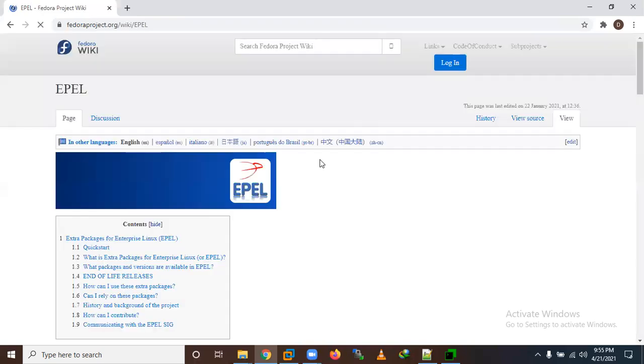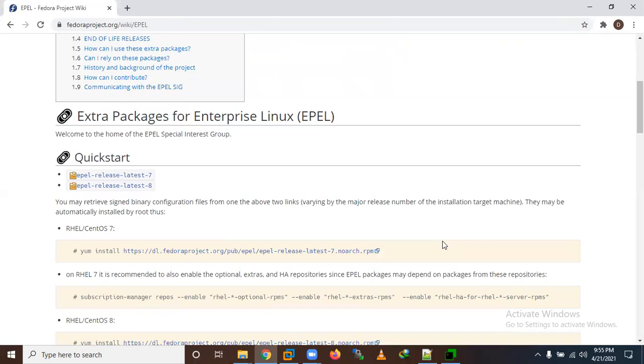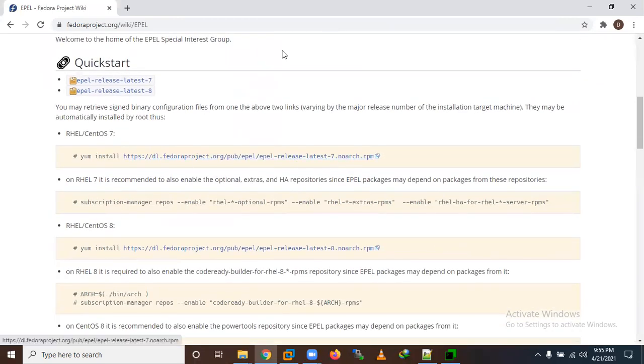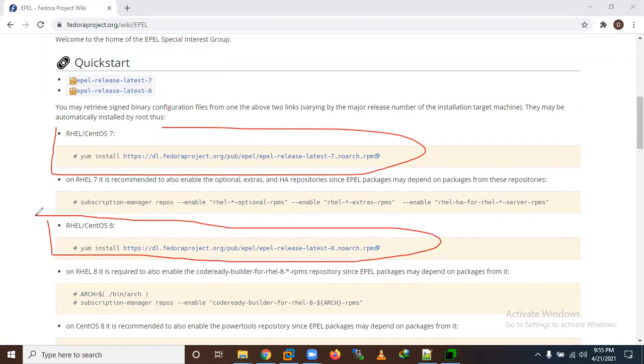Here you will find the CentOS 8 or CentOS 7 repo file. It will install the repo. You can see it is for RHEL or CentOS, and here for 8. So we need to first install this package. It is an RPM package. This package belongs to the repos, and on that repo we can install Ansible.